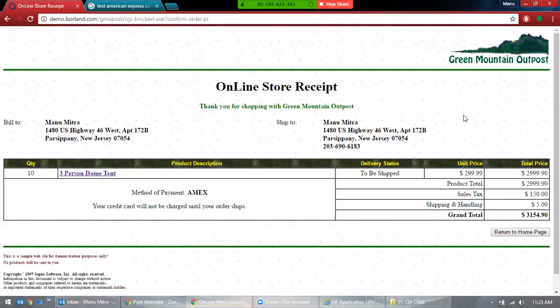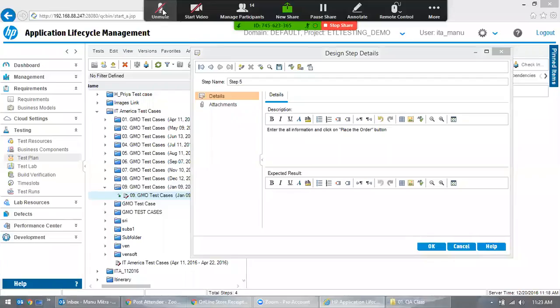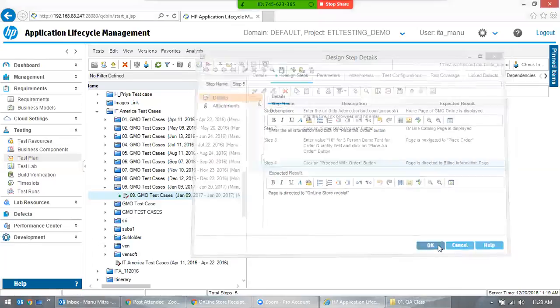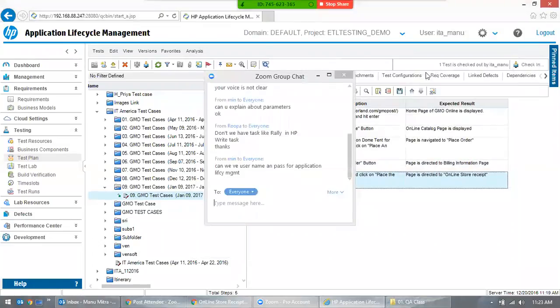state of disorder, online store receipt. So page is to image. Yeah, so